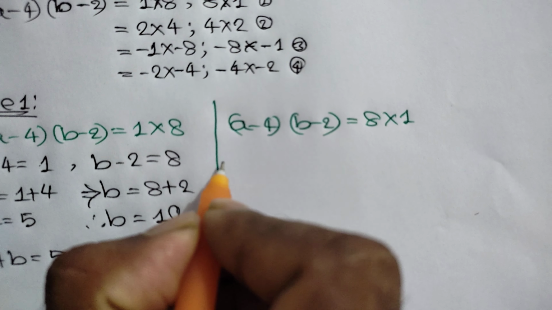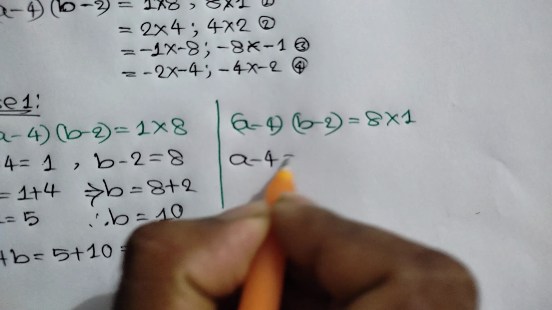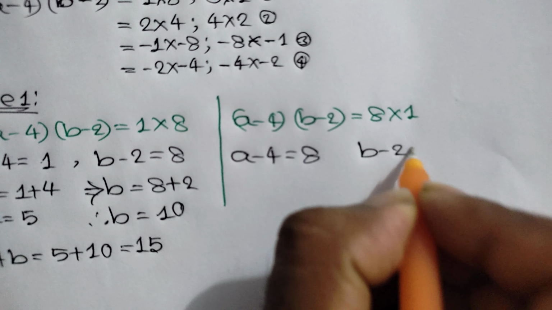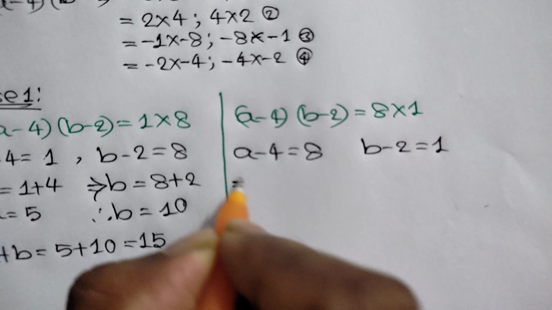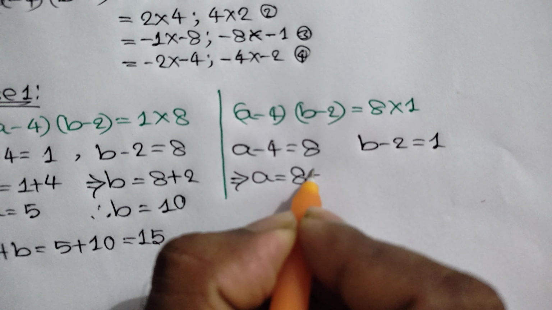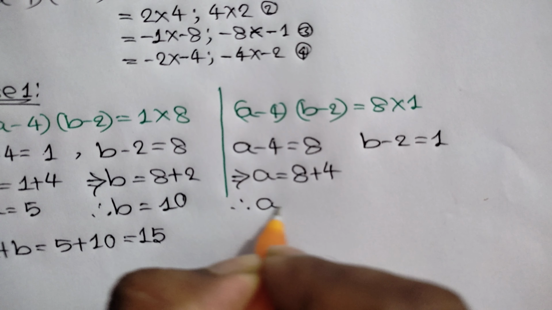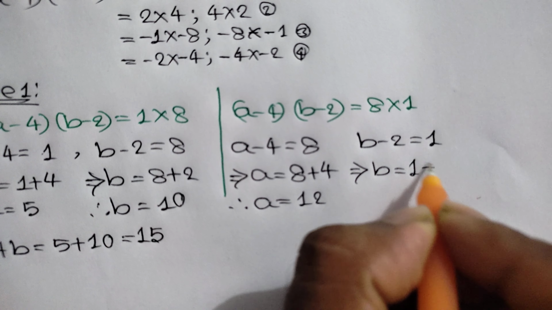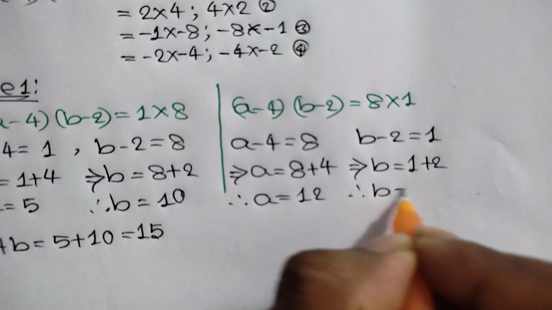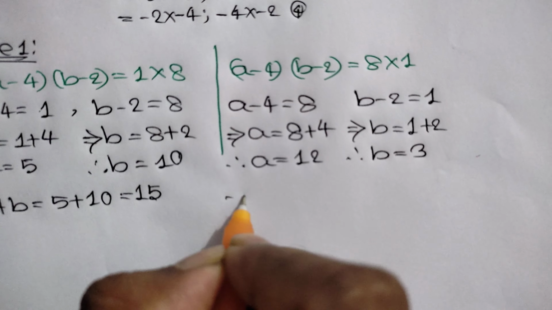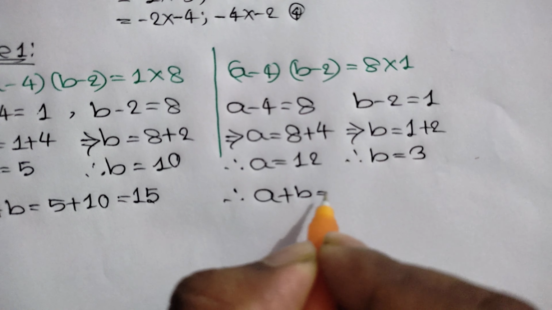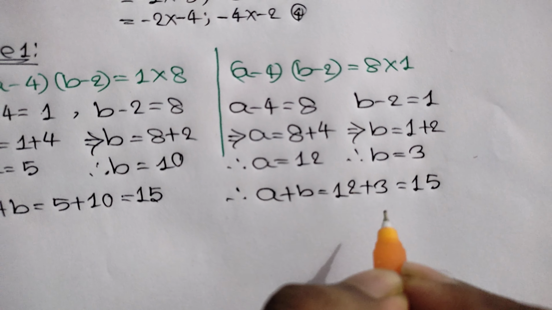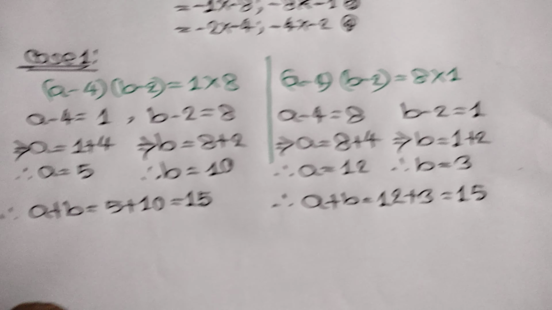Then here we can write a minus 4 is equal to 8 and b minus 2 is equal to 1. So a is equal to 8 plus 4, so a is equal to 12. Or b is equal to 1 plus 2, so b is equal to 3. And a plus b is equal to 12 plus 3 is equal to 15. So the value of a plus b is equal to 15. Now case 2,